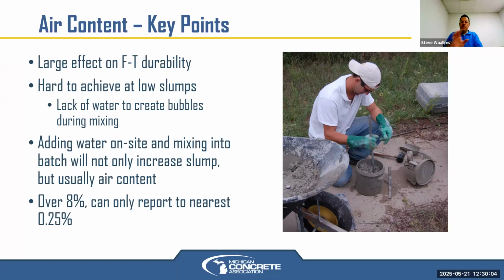Yep. So typically we do a slump and air check test at the beginning of the batch. We don't get an official sample or a big enough sample to do all the cylinders at the end, because that's not a proper sample. But as a check test, those are the two that we do. If it's low on slump, we can add water and mix it in 30 revolutions if it's a ready mix application, obviously. And it'll probably get some air with that. If you're low on slump and air and you have room to add water, you could just add water and not add air entraining admixture, and you'll probably get some more air, like I talked about. If you're good on slump but low on air, you can add air entraining admixture